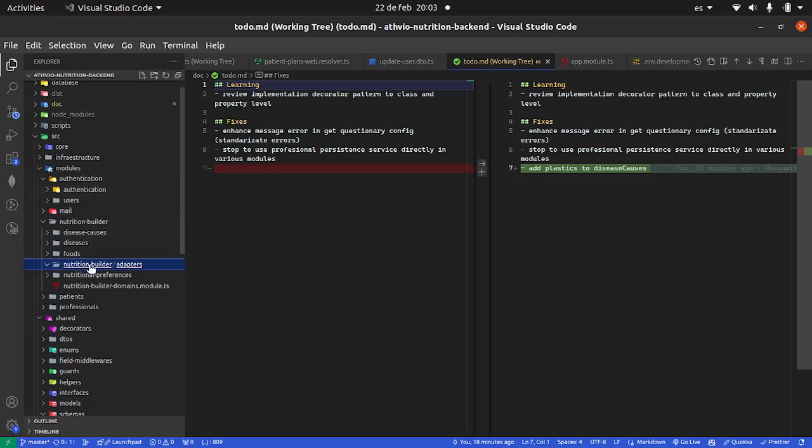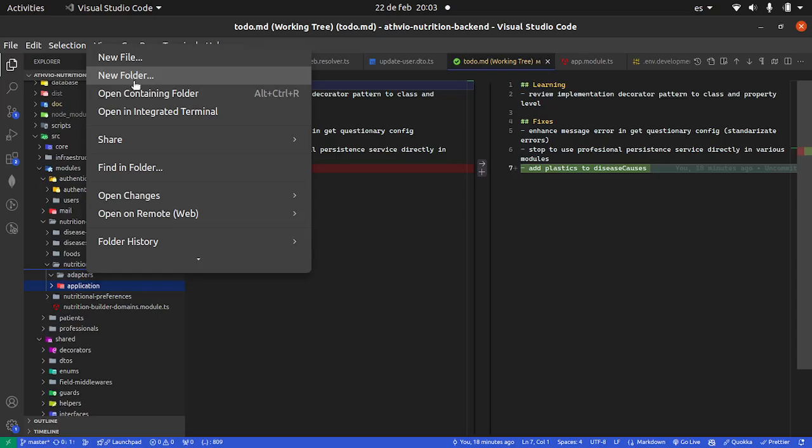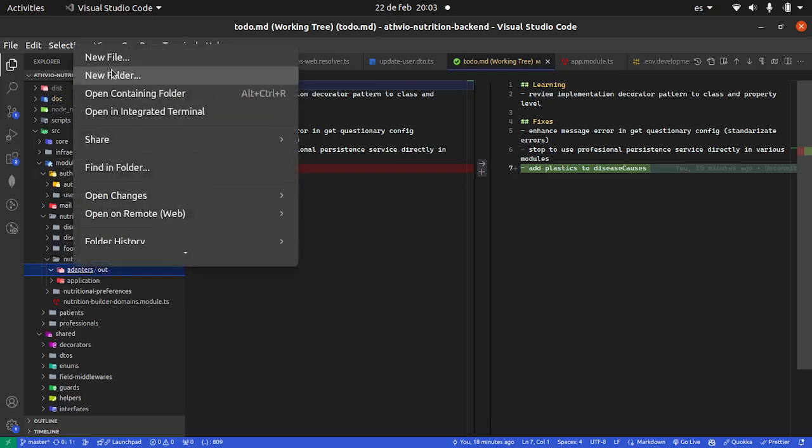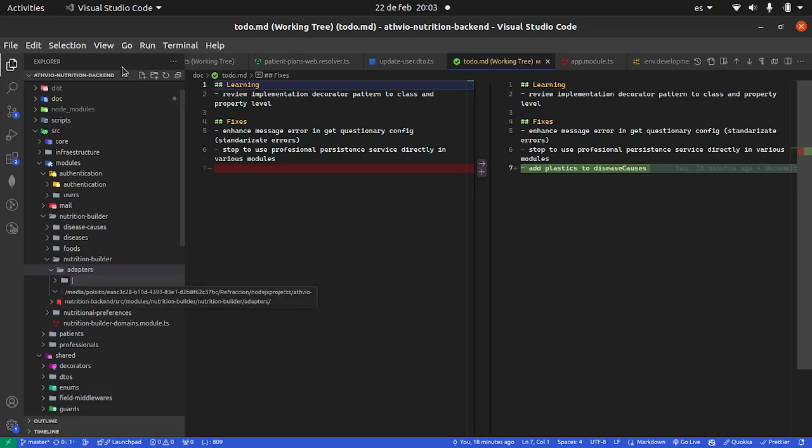Adapters. Application. I am using hexagonal architecture here. And the idea is to have the code here. I will have one resolver, because I will put the resolvers here. The idea is to create one resolver